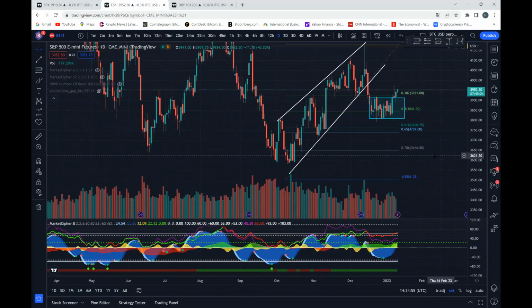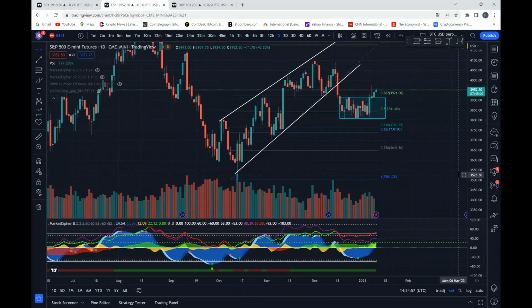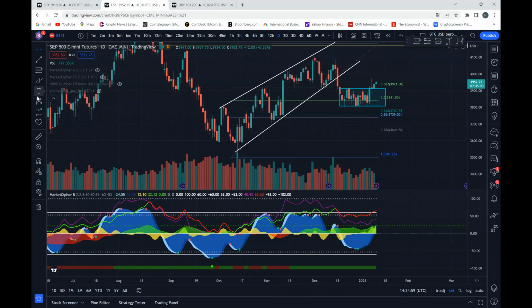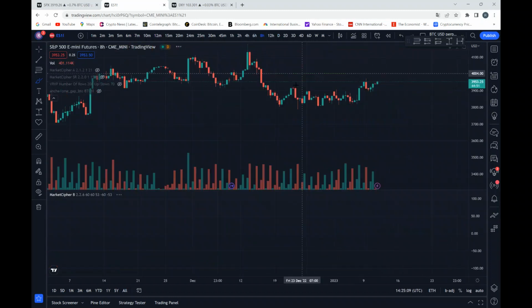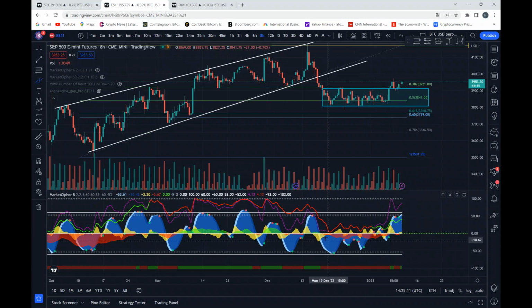On the daily, it actually looks pretty good so far. Market Cipher B is going up, money flow is pretty strong, VWAP is higher, momentum wave is higher, RSIs are still a little bit split, but I have to say it looks like it has much more room to the upside. On the 8 hour, also here this looks good, a bit of a curvature for the money flow, momentum wave higher, RSIs also here split, but doesn't look all too bad.